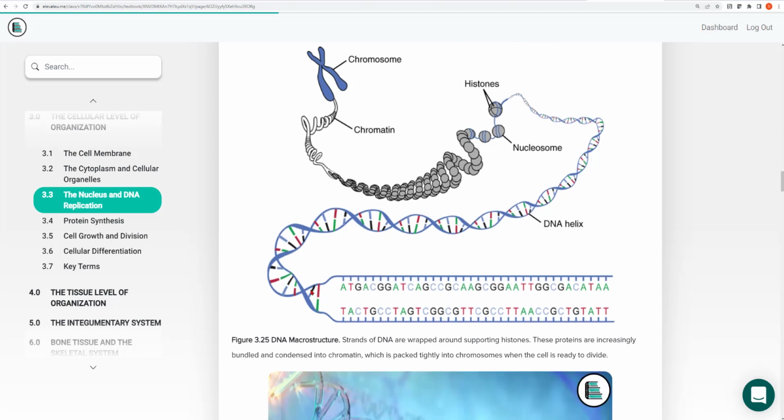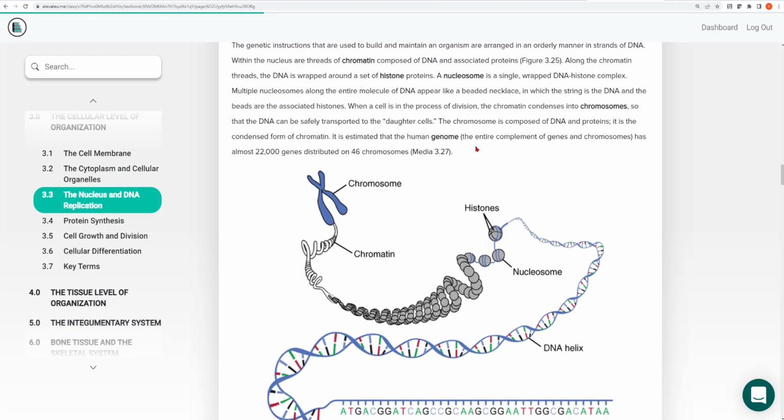So within the DNA, I'll back up to this term, all of the chromosomes, all of the DNA that is found in your cells is called your genome, right? You've heard about the Human Genome Project. So we take all the genetic information that makes you and me human. All of that DNA is made up of 46 chromosomes. On those 46 chromosomes, there are about 22,000 or so genes. Each gene, as we'll see next time, is responsible for making one or more proteins.